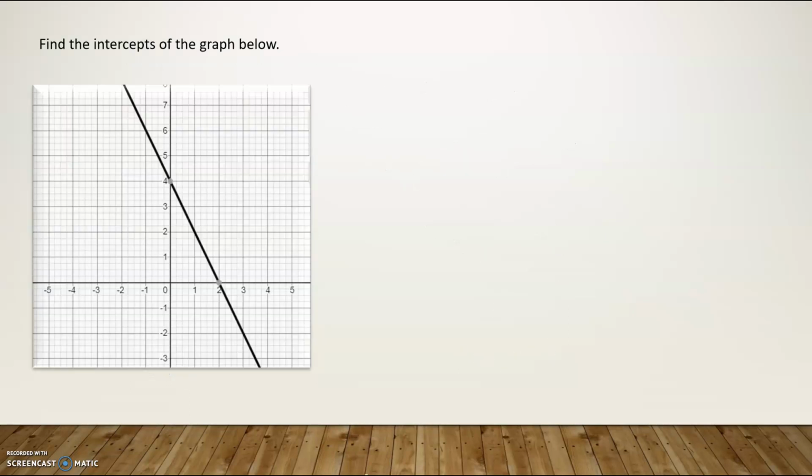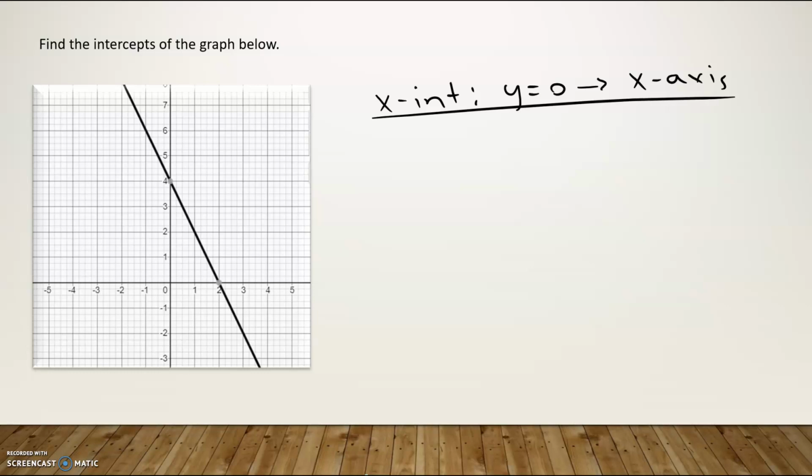Okay, now it gives us a graph, and it says, okay, find the intercepts given the graph below. So if we're going to find the x-intercept, which we know means y is 0, and y is only 0 when you're looking at the x-axis. Okay, so here's the x-axis right here. Okay, so it crosses, or the function